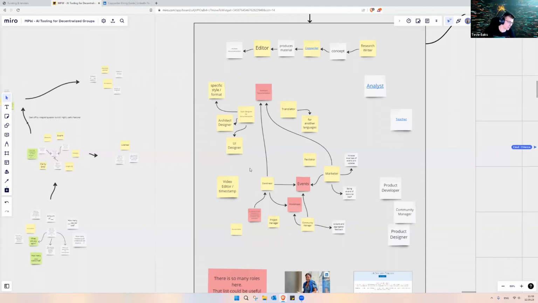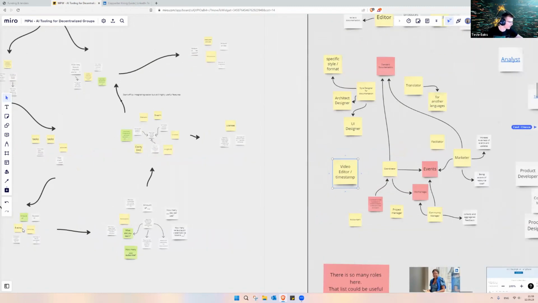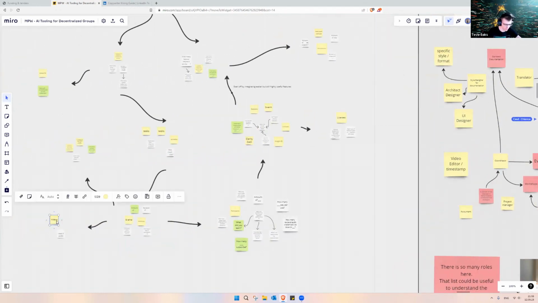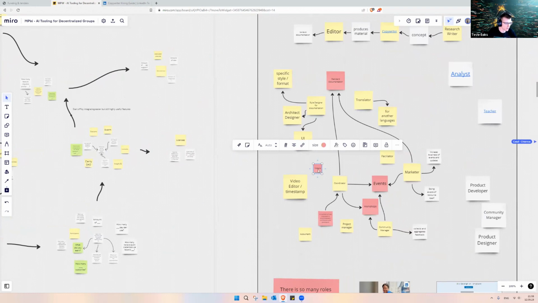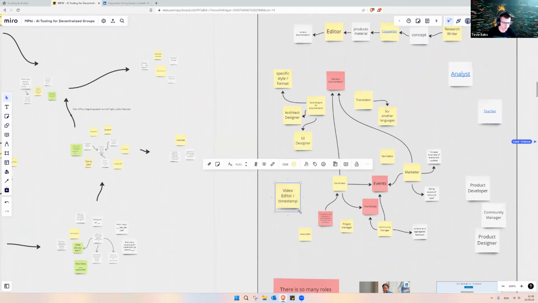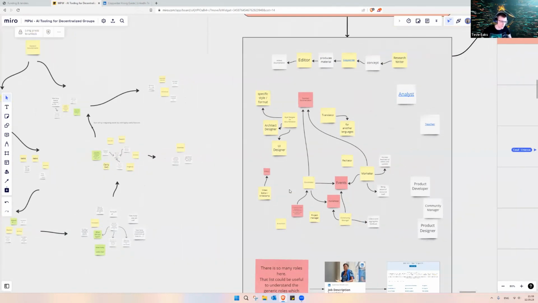So yeah, back to this. I think video editor, because the outputs are videos. I'm gonna pull that as a red sticky note, and we would need a video editor for this, and somebody who timestamps and makes it easier to consume by an AI.